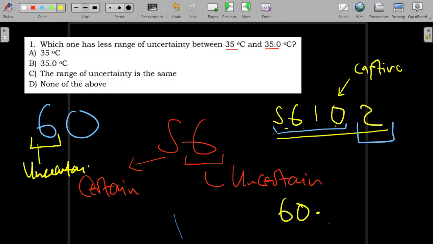But what if I write that number as 60 point? If there's a point there, it means even this zero is significant, and even this 6 is significant. So here our uncertain digit will just be this zero, and this 6 here will be certain. By certain, we mean we are sure that it's that number. But by uncertain, we mean we are not sure if it's that number, because we are obtaining these values